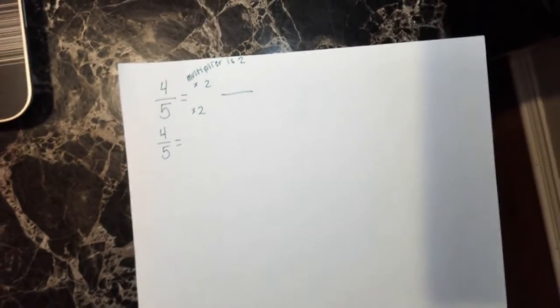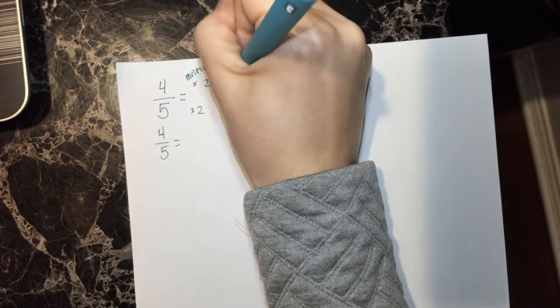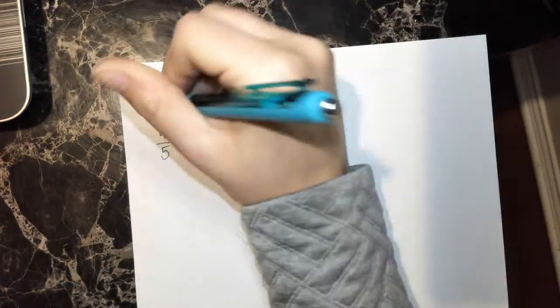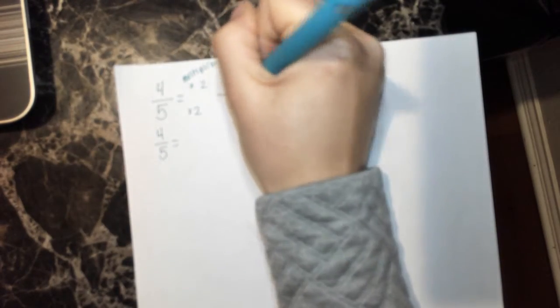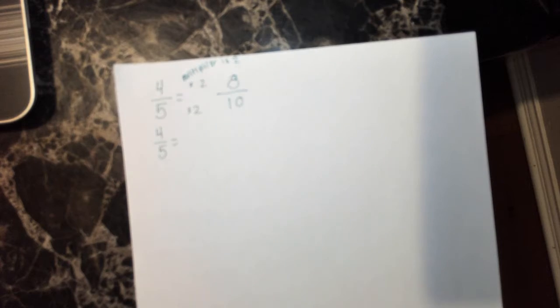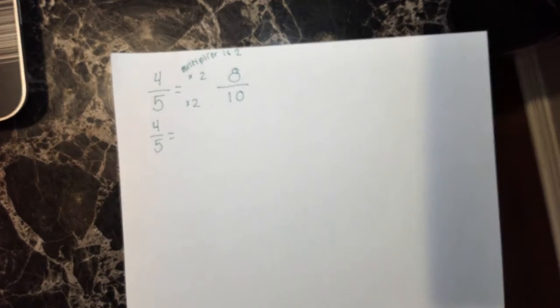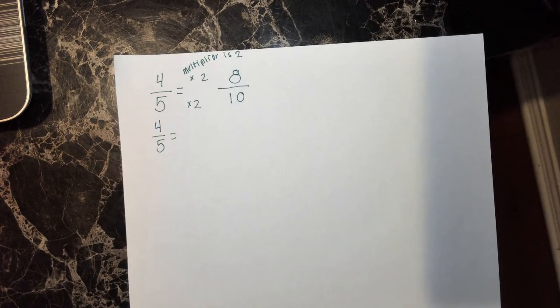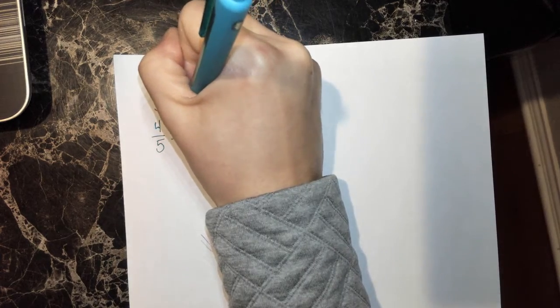4 times 2, and I would get 8. And then I would say 5 times 2, and I would get 10. That means that 4 fifths is equivalent to 8 tenths. Okay? If my multiplier is 3,